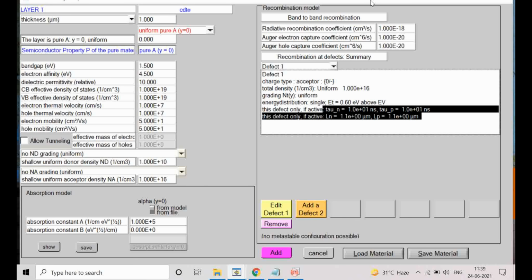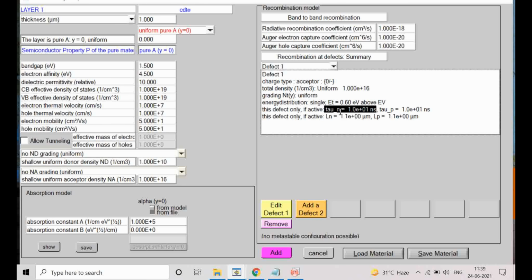If you don't have these parameters but you have the lifetime of the device you want to simulate, suppose you know that in CdTe the lifetime is, say, 10 nanoseconds. Then you can vary the defect density such that the lifetime of electrons comes out to be 10 nanoseconds, which in this case it is.